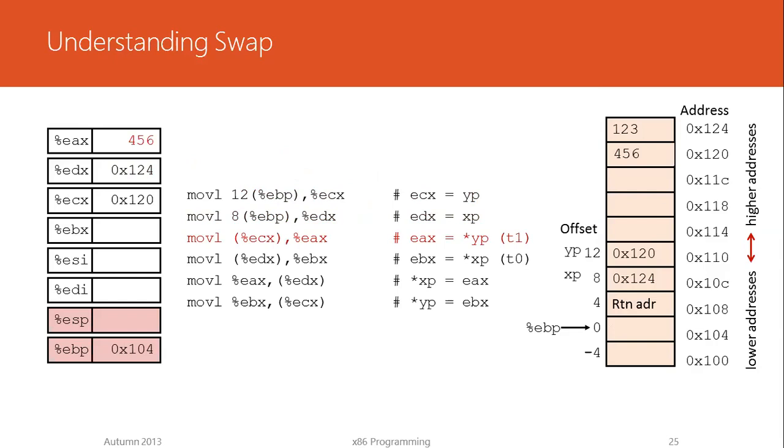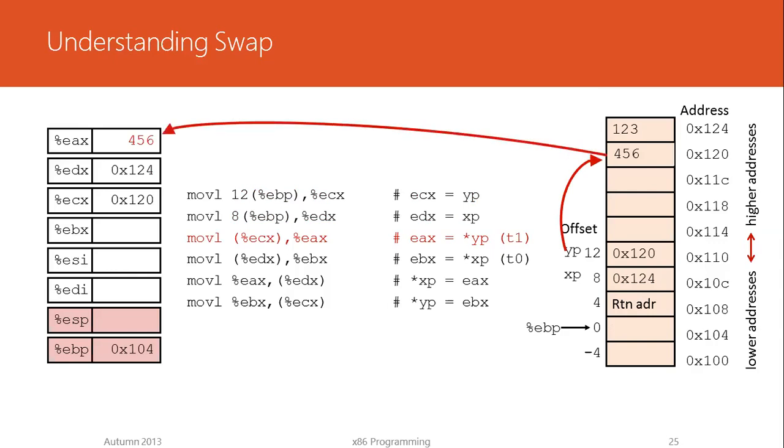So if we use parentheses around ECX, we are actually getting the address pointed to by YP. Since YP is pointing to the address location 120, the contents at that location is 456,